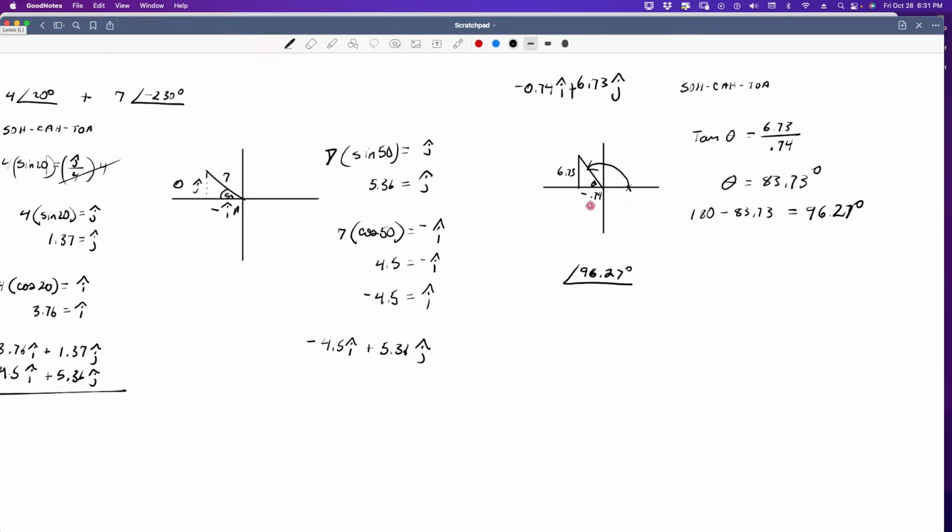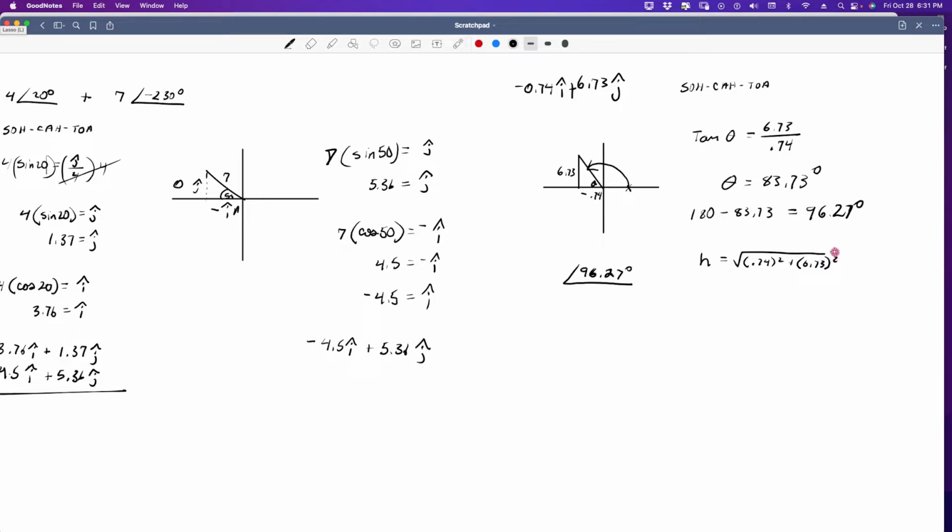And we can do that by simply doing Pythagorean's theorem. There's a faster way to set it up, and that would be h, the hypotenuse, is equal to the square root of 0.74 squared plus